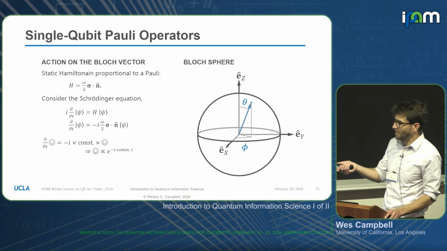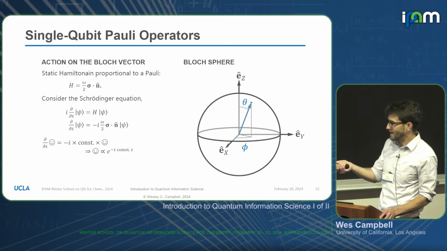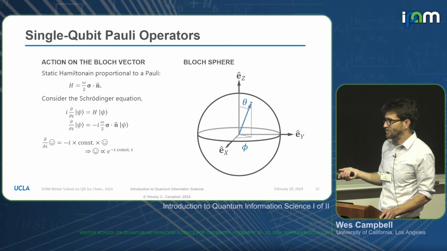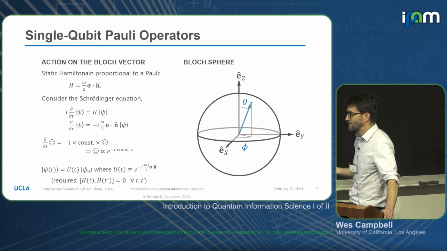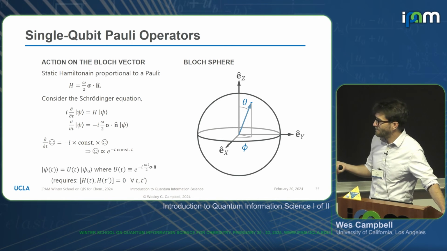The time derivative of a thing, smiley face, is minus i times some constant times the thing again. And you know that when you see a differential equation like that, e to the minus i times that constant times time is usually what you find that smiley face is proportional to. Okay? So I'm not proving anything to you here, but it may not surprise you to learn that if we make the time evolution operator, U of t, a function of time that takes psi at t equals 0 and returns the state of the system at time t,